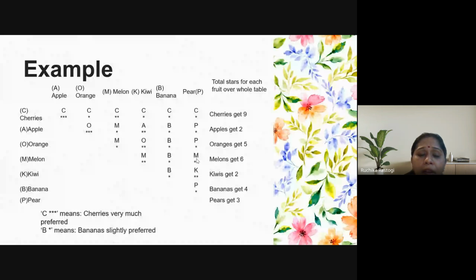So what we are doing when we are making the comparisons between apple, orange, or melon, based on the preferences for the product, is that if you like the product very much, you can put 3 stars. If the product is not liked very much, it could lie between 1 and 2. And then we get a total. So you could see that cherry has got the maximum stars. Cherry has got 9 stars, if I add 3, 4, 5, 6, 7, 8, and 9. So it means cherry is very much preferred over all other fruits.